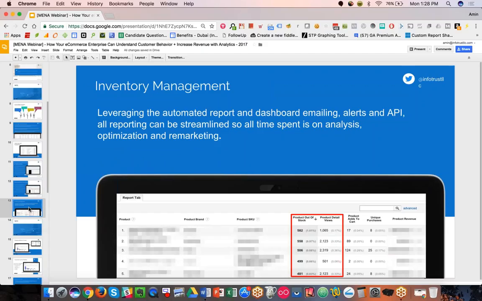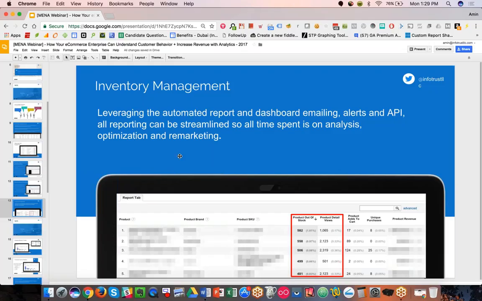The last example report that I wanted to share, because again, there are many different types of reports in Google Analytics that can help you understand your customers and customer behavior. But I wanted to just go over some of the key ones that we've worked on with our clients and some of the reporting that we give to our clients regularly.